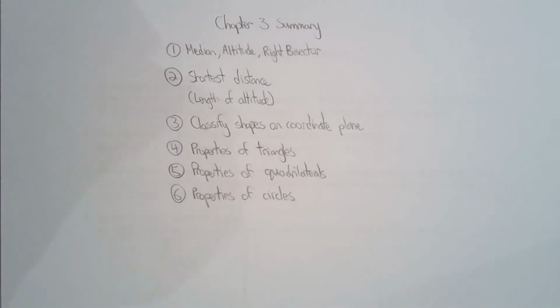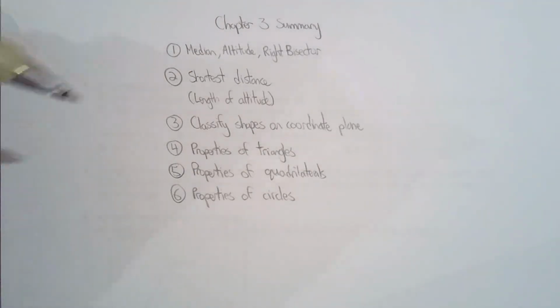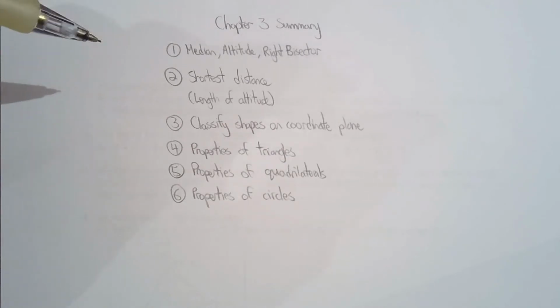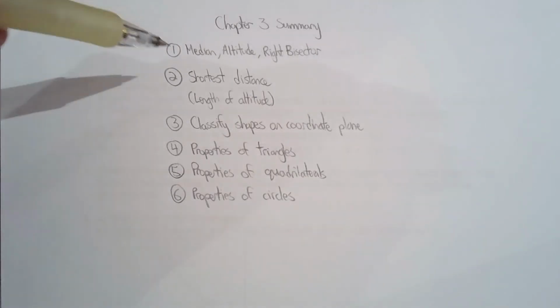In this video, we'll go over the big ideas of Chapter 3. We actually didn't start off by talking about median, altitude, and right bisector. We start off by reviewing what you did in grade 9, which is writing the equation of a line when you're presented some information, because that was really important. If you are not able to find the equation of a line, this unit is very disastrous. So we made sure we know how to find the equation of a line, because that's actually the first thing